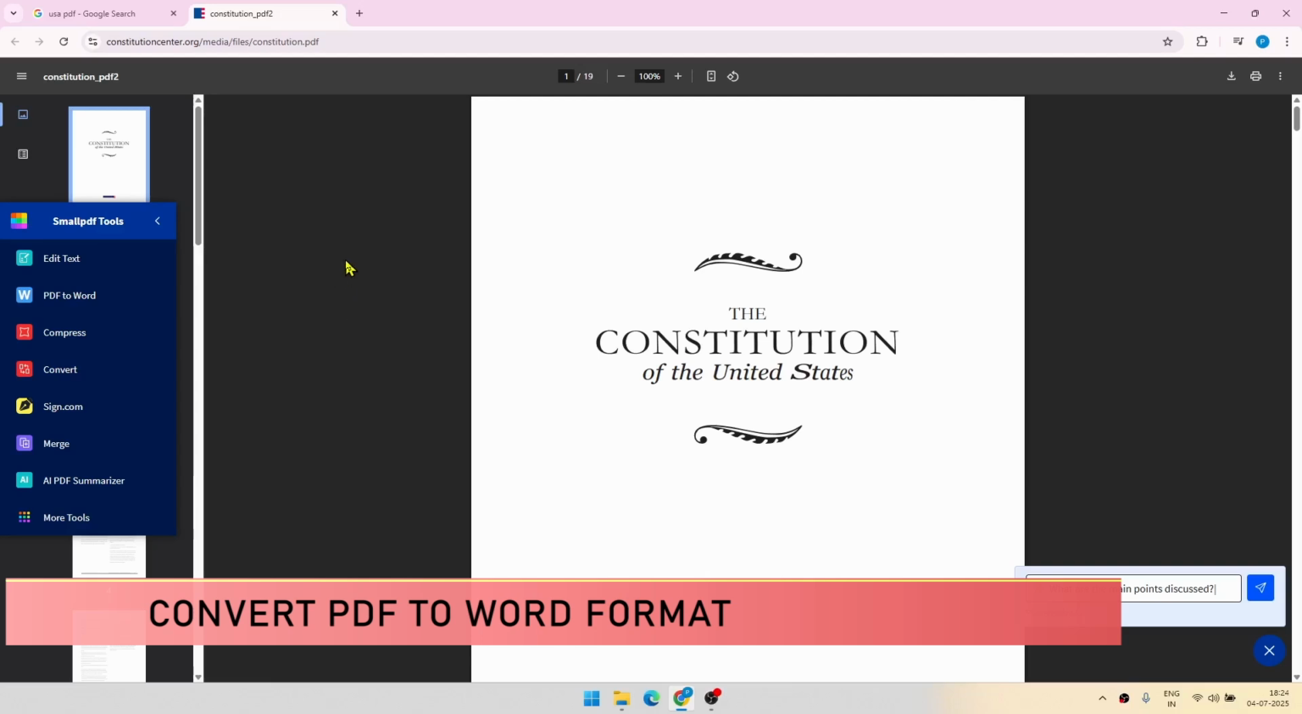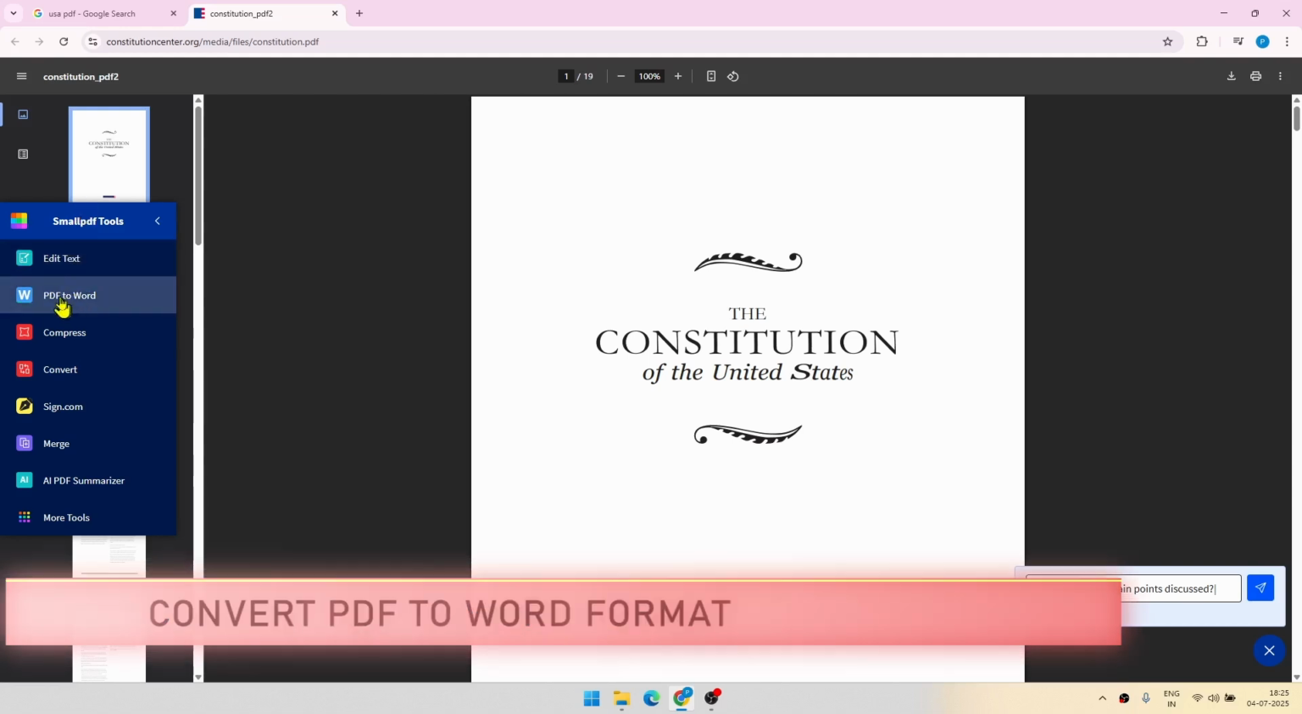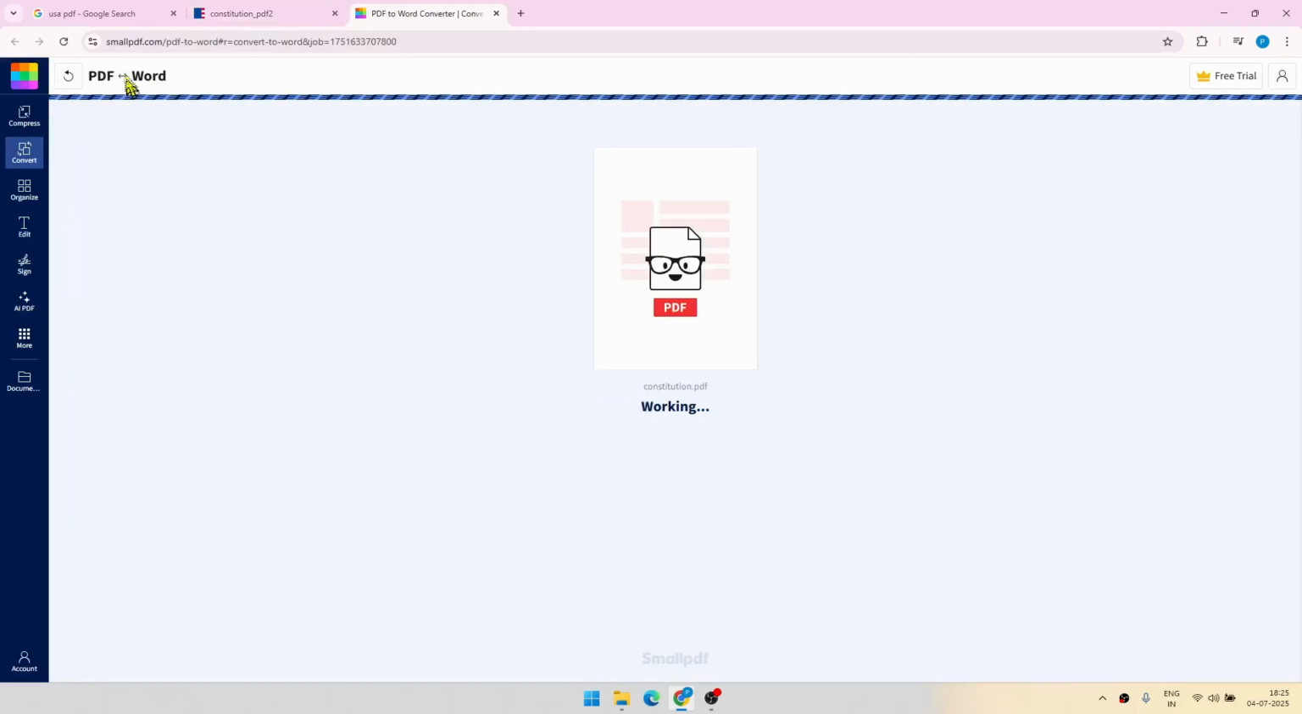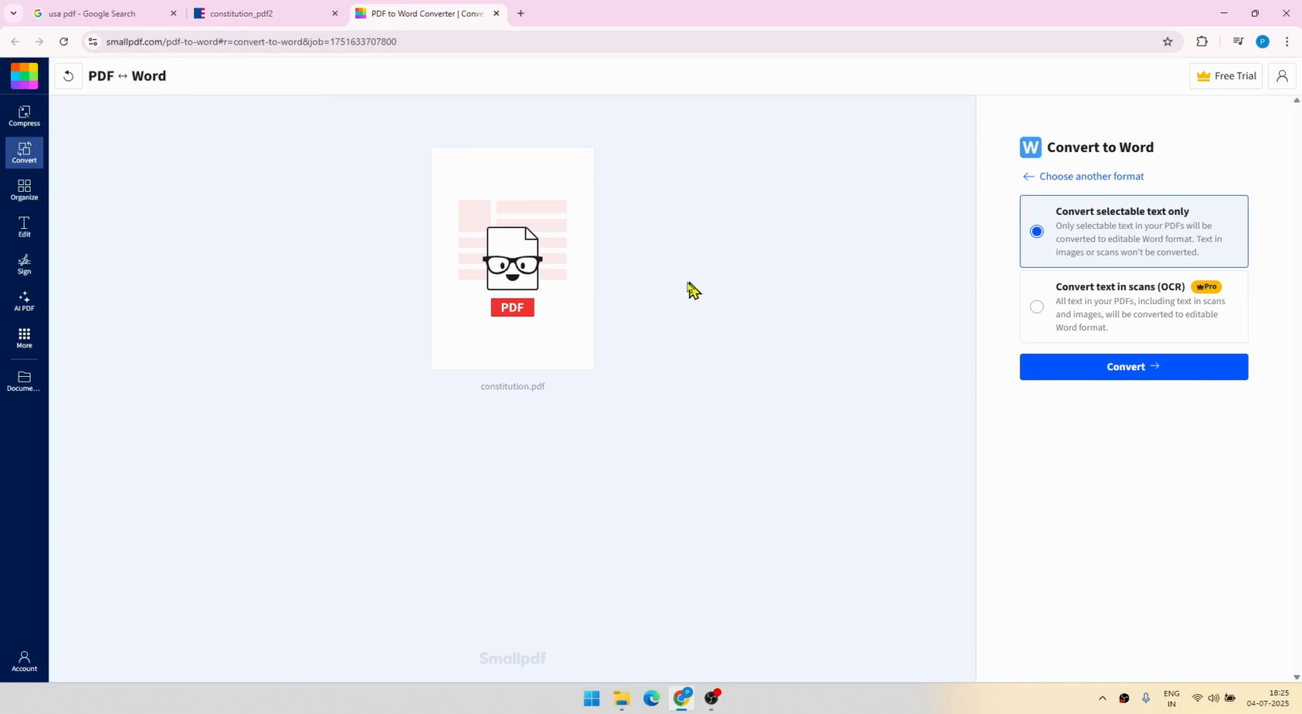And this is a very common use case, that is converting your PDF documents to Word files. So from this particular tool section of SmallPDF, just click on PDF to Word. And what will this do? This will take you to smallpdf.com's site. From there, you can convert it to the Word format. Now,